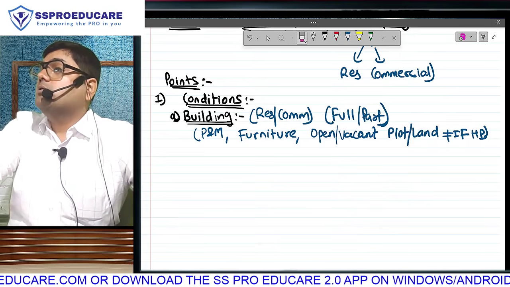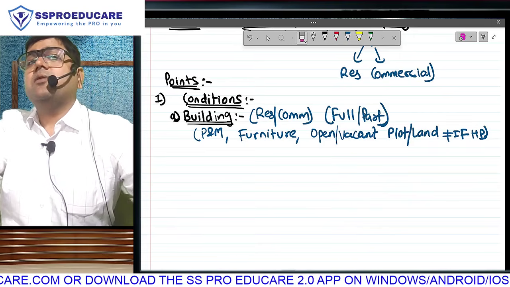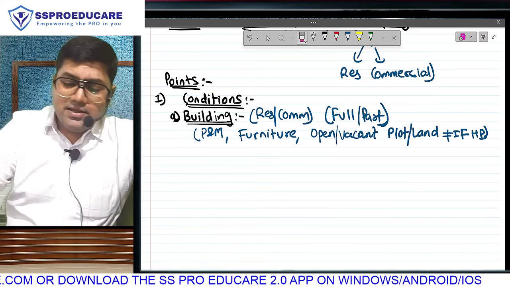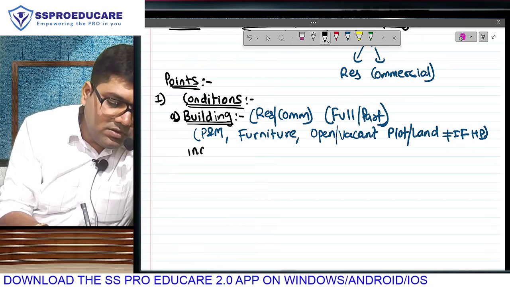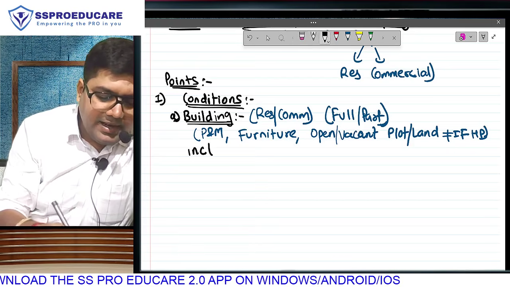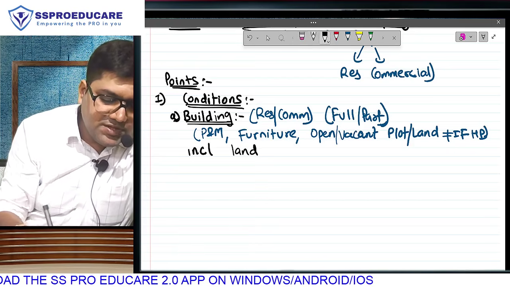Understood? So the first condition to tax an income under house property is that there has to be rent earned on a building. Full or part? Both. Residential or commercial? Both. And they continue by saying, with building, we will include any land which is